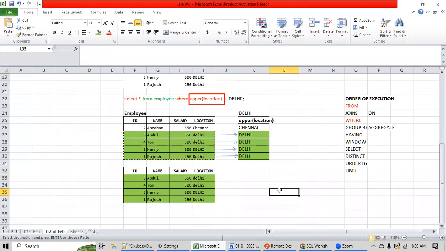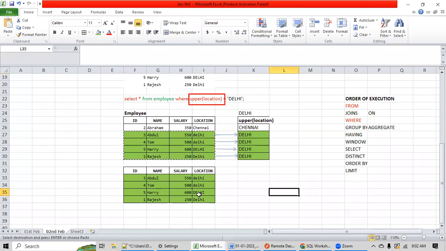So this is the way you can make your search case insensitive. We converted all the records in uppercase, and now we are comparing with this. You got all the locations which are Delhi. Do you have any question before I proceed? Is this clear? Yes.